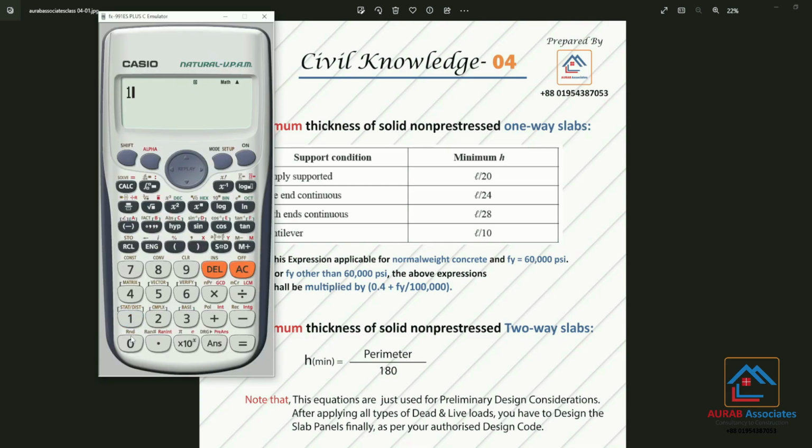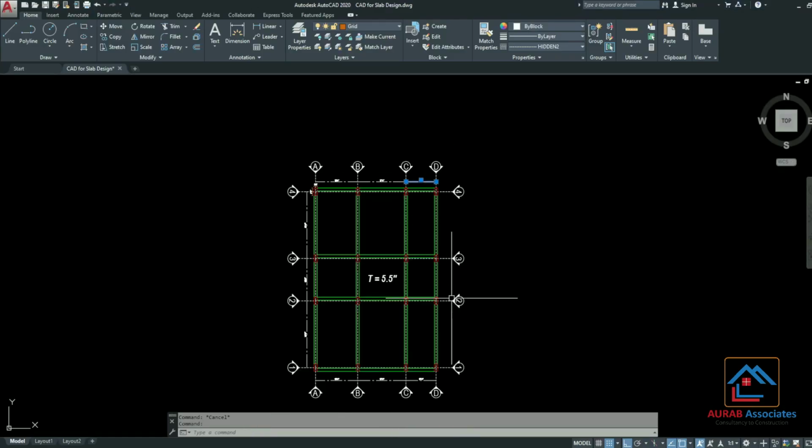So 10 divided by 24, we are getting 0.416 feet. Multiply this one with 12, we are getting 5 inch. Now multiply this one with 1.125 as we did earlier. So we are getting 5.625 inch for this one-way span.